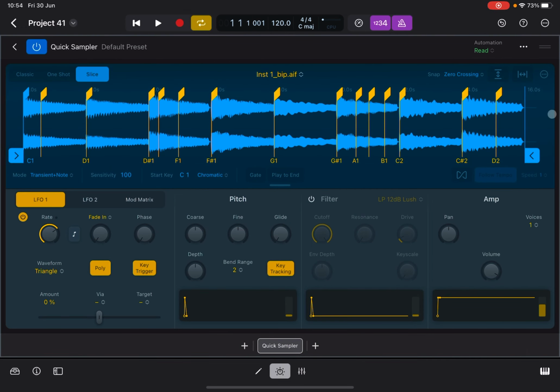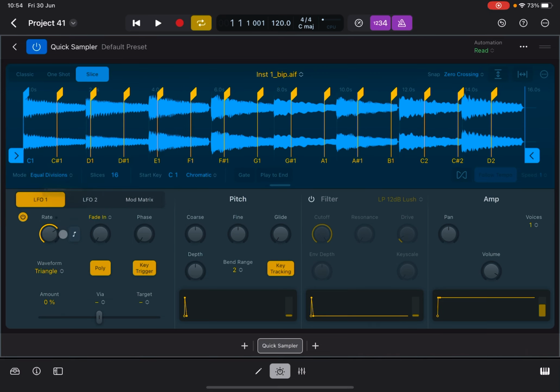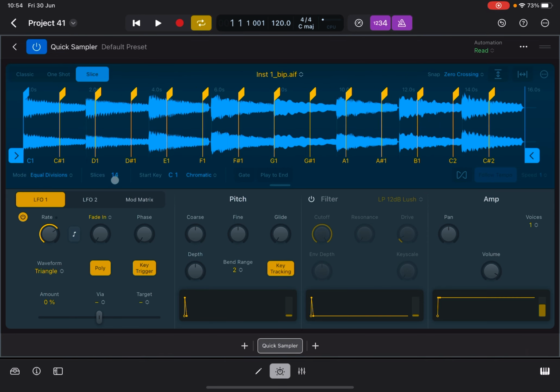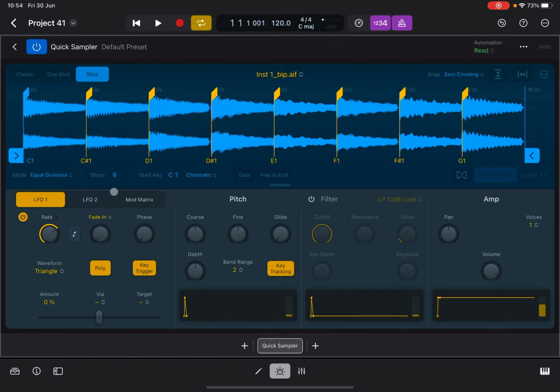Now we've got classic one shot and slice, so I want it in slice mode. I'm going to go to equal divisions and just make the slices 8. You can see now that because everything was played in pretty basically, it's chopped it up perfectly. So now I've got all these sounds, all the chord tracks, sorry, that I can now use within